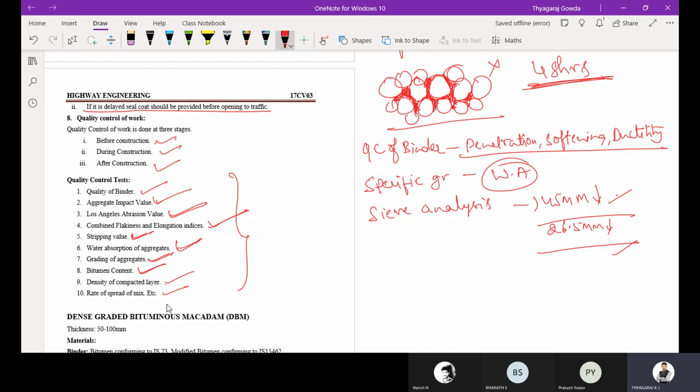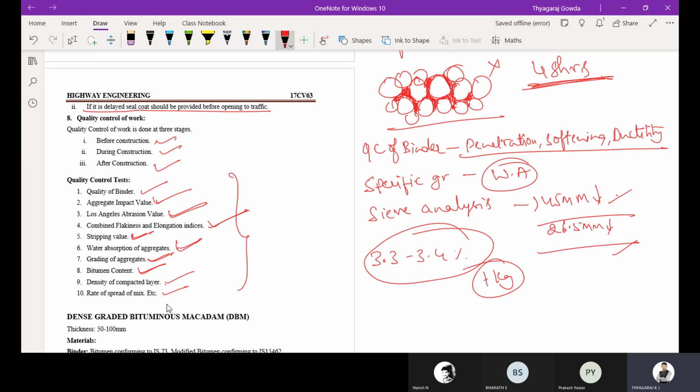Then bitumen content, we are going to check whether 3.3 to 3.4% of bitumen is there or not for 1 kg of the mix. So you are going to select a sample of 1 kg, and in that you are going to check whether 3.3 to 3.4% of bitumen content is present or not. Then density of the compacted layer, you are going to check.